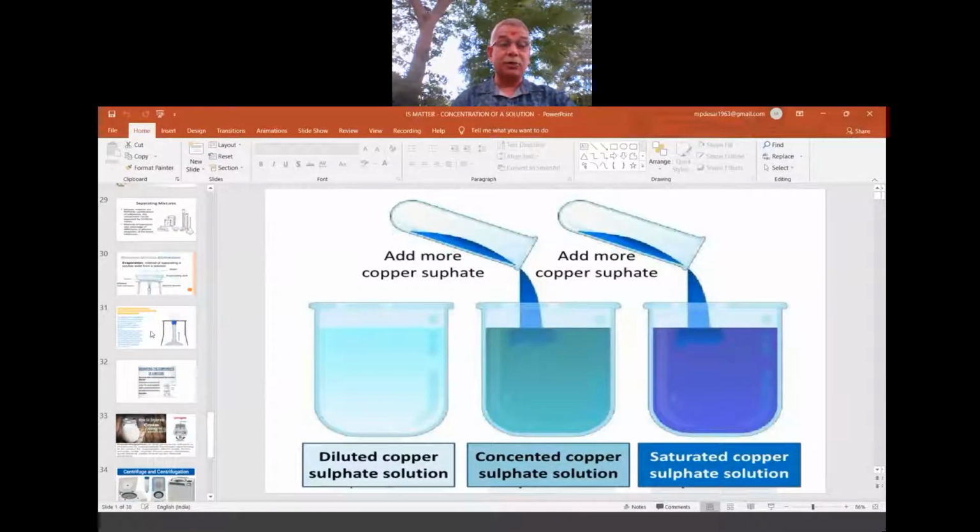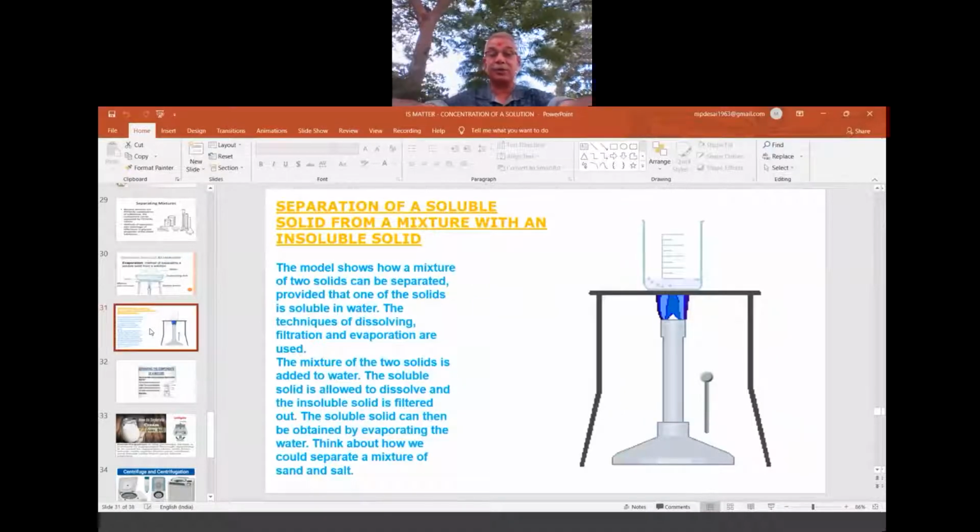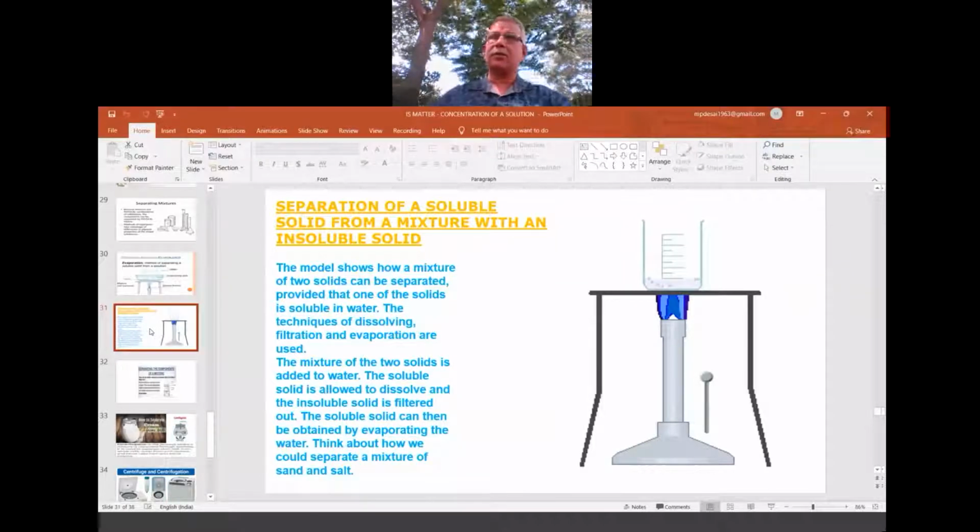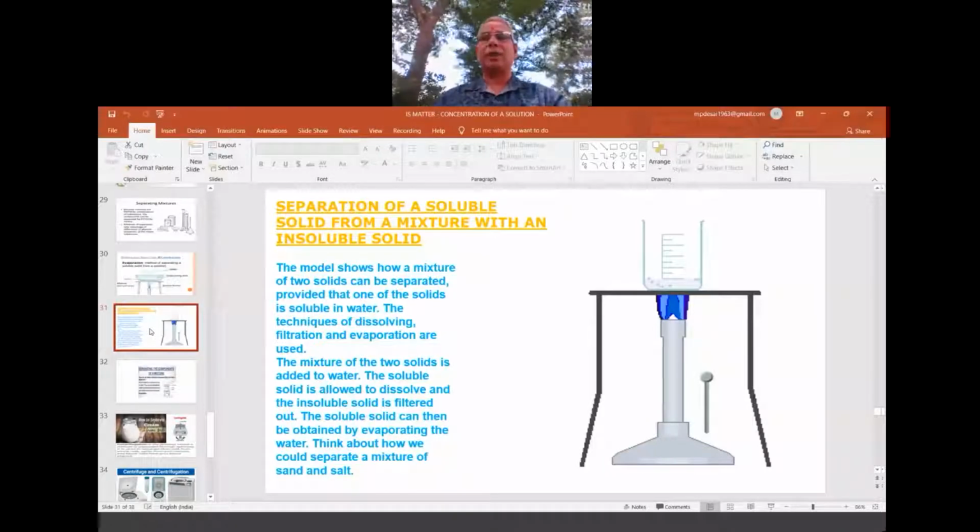Okay, and I think this was the last point we discussed, separation of a soluble solid from a mixture with an insoluble solid, by the method when the solid is insoluble. Okay, a soluble solid from a mixture with an insoluble solid. First we'll go for the filtration, then we'll go for the evaporation. Sometimes we have to adopt only one method, or if one method is not sufficient, then we will go for more than one method, so that ultimately our aim is to separate the